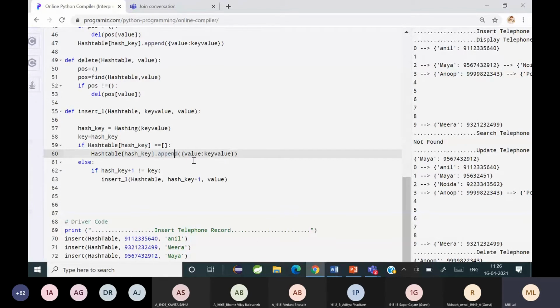And यहाँ पे क्या check कर रहे? If it is not equal to key. Suppose मेरा index यहाँ पे 2 था. अभी I'm finding for a vacant. 2 is already placed, तो मुझे 3 vacant है क्या देखना है. अगर 3 में भी data है तो I'll go on checking for the next. And again, if I come back to 2 again, so there is no point of going into infinite loop. So to stop that, it is checked if hash key plus 1 is not equal to the key here.